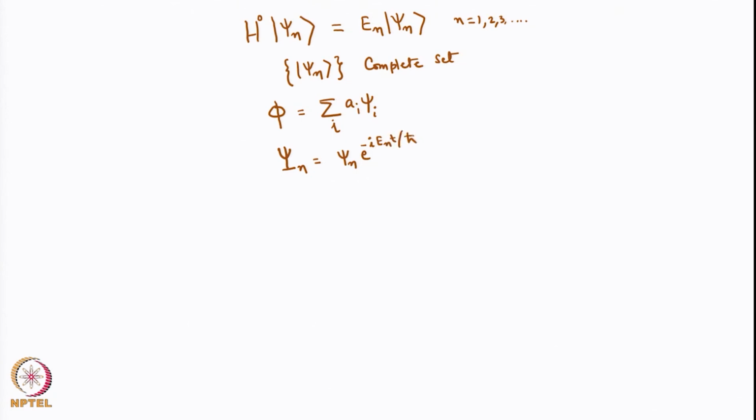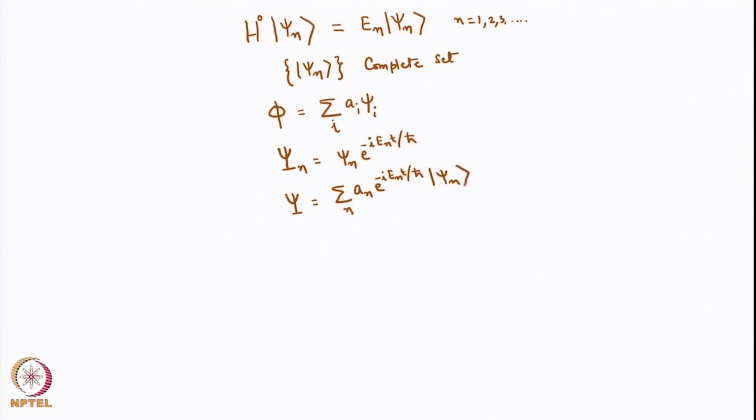Apart from that, the total wave function can always be written as psi as a sum over n a n e to the power of minus i E n t by h bar multiplied by